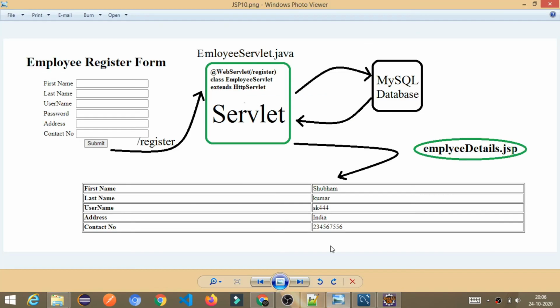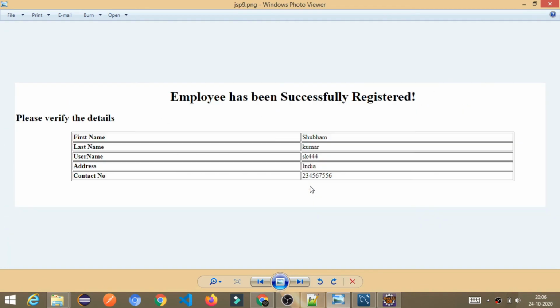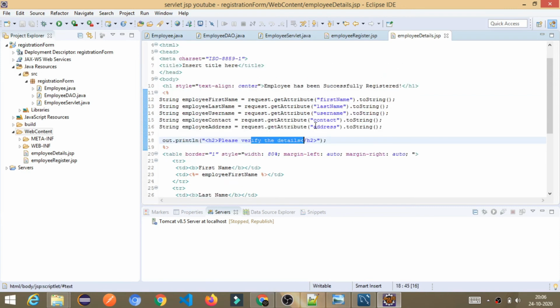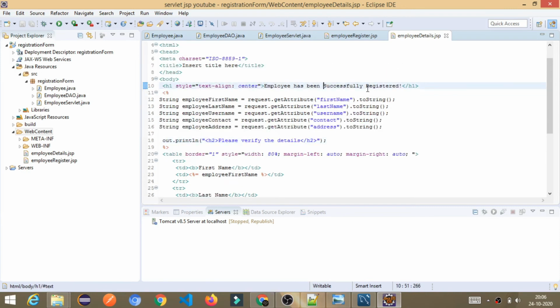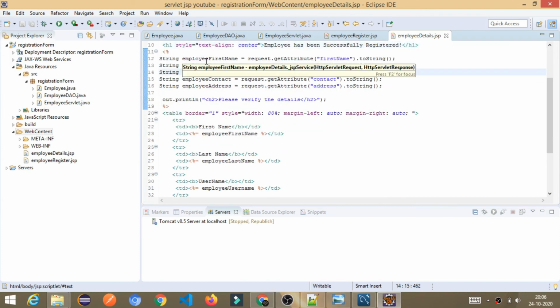Whatever you see here, I can show you: this thing, "Please verify the details." Where is it coming from? It is coming from this println. The H1 tag contains "Employee has been successfully registered," and here we get all the details.